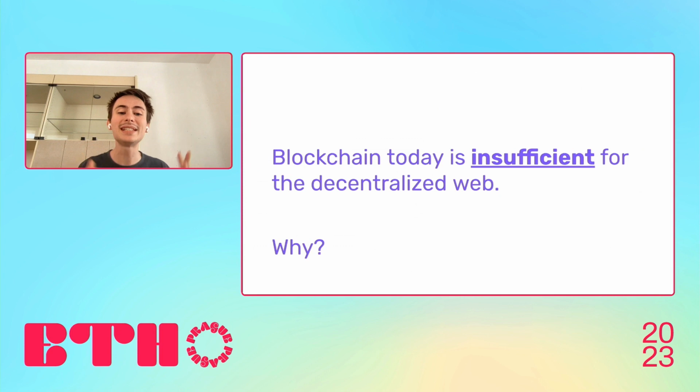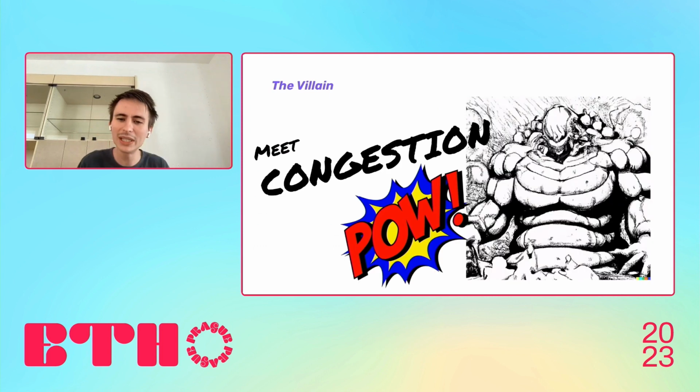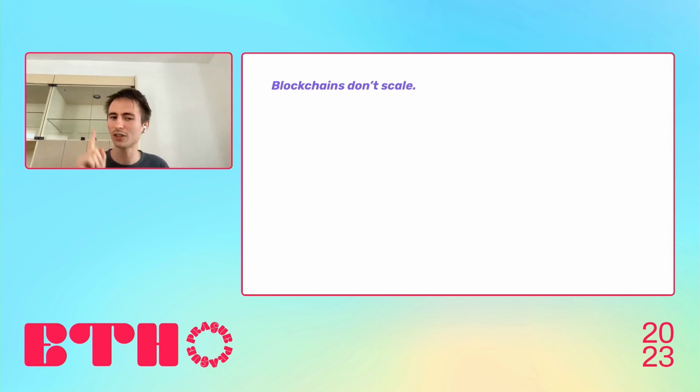Okay, so blockchain today is insufficient for the decentralized web. This is the context, the setting for the superchain, why we are talking about it. Of course, we're talking about layer 2, just for context, in case you don't know. We're talking about Optimism, we're talking about scaling Ethereum and funding public goods. But why is blockchain technology insufficient today? Well, meet congestion. We have a problem. The reality is that the capacity of our networks is way insufficient. A small game would take up more data than exists on Ethereum today. You've got like 100 kilobytes of data per second on Ethereum today, and even in the future, this is insane. If we're trying to put the internet on chain, and we are trying to put the internet on chain,